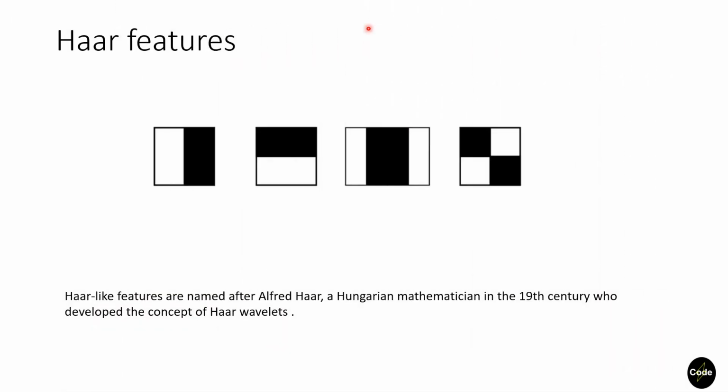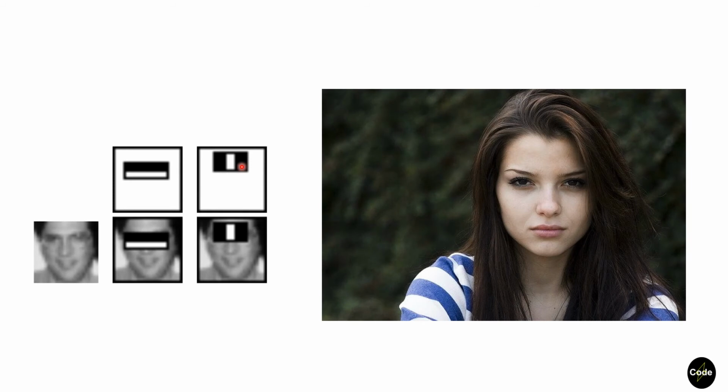The basis of this method is using some kernels known as Haar features. So we shift these kernels on our image, and for example, we subtract the sum of pixels in the white part from the sum of pixels in the black region. And later we investigate whether we can identify a particular feature in our image, such as a part of a face. This article analyzed and trained several kernels on many face images and realized that these two features are very